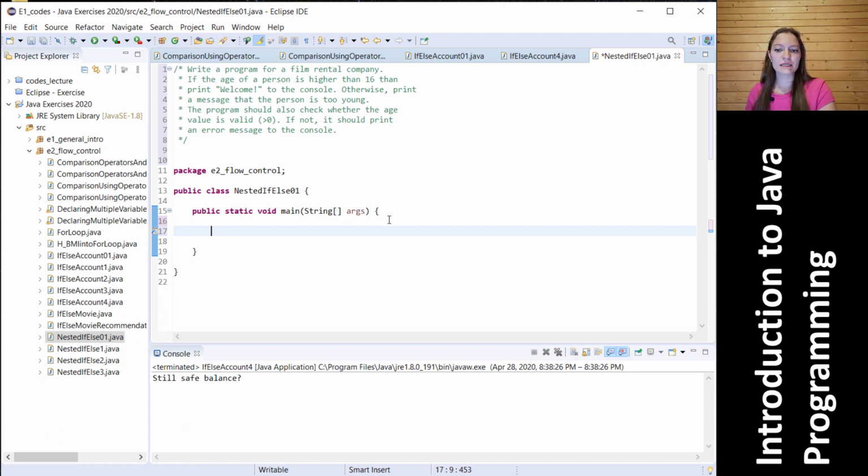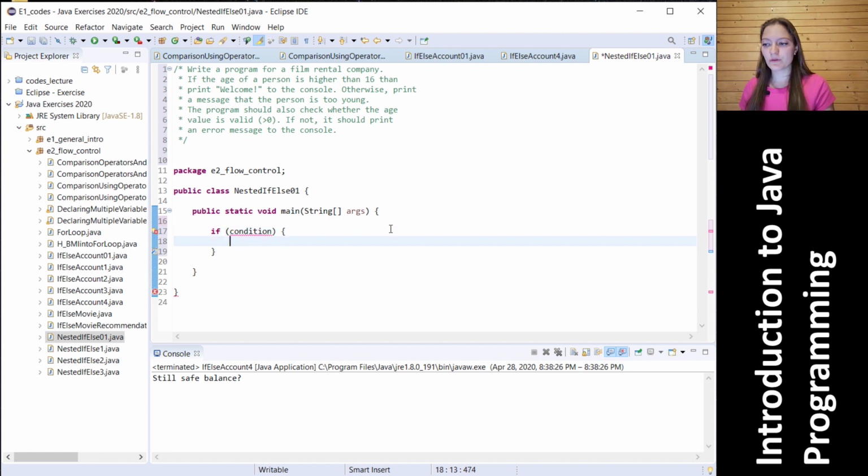However, if you are using nested if-else statements, then your code will look a bit better, and you will see another advantage of this option. So let us do this. Let us use a nested if-else statement for solving this task. So if, and we have to put here a condition. First we are starting with our guideline, so to say, for this nested if-else, if condition, and now